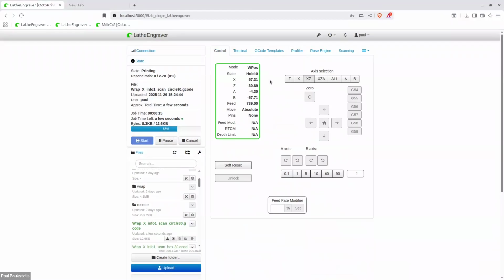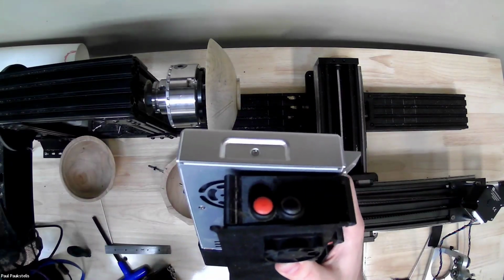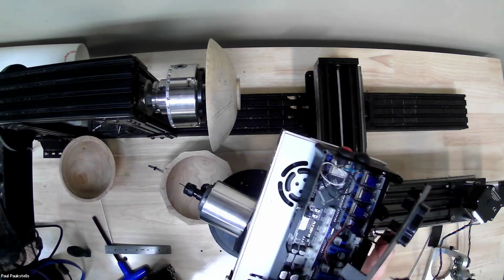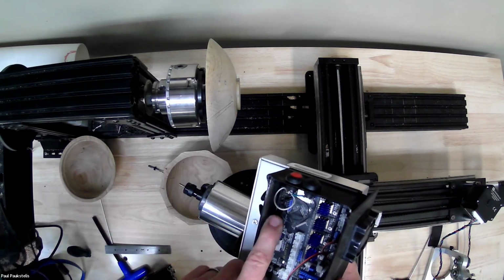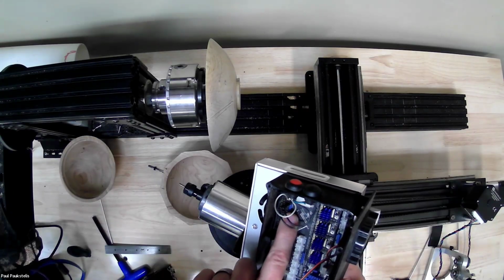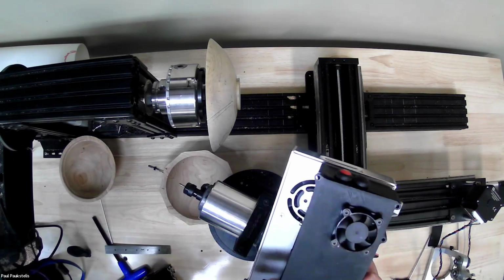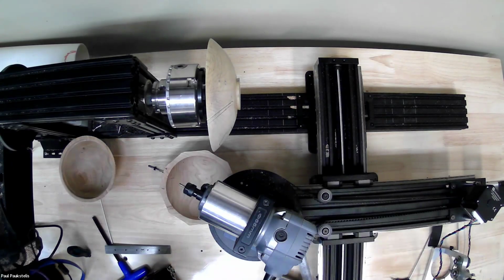So let me see if I have them on this. Yeah. I just have 2 buttons on there, and these are kind of quite jankily put together, but they are on this header right here. You can plop in the ground pins and the appropriate pins, and you have feed hold and release